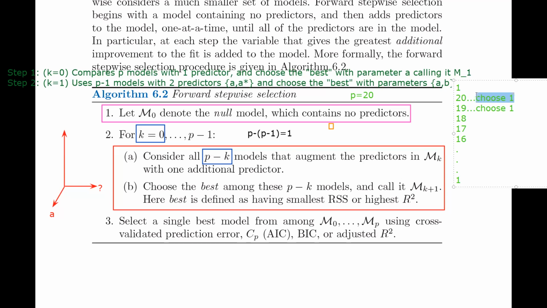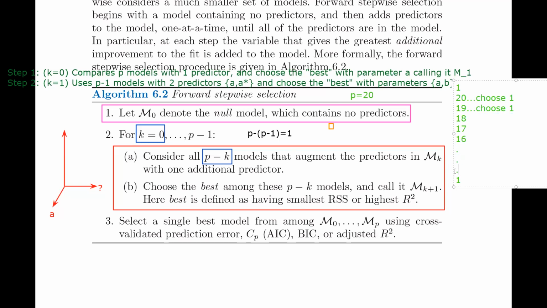Once you've selected heart rate, you create 19 other models with heart rate and one of the other not yet selected predictor variables. Again, you choose one of them based on the residual sum of squares. And you repeat this process